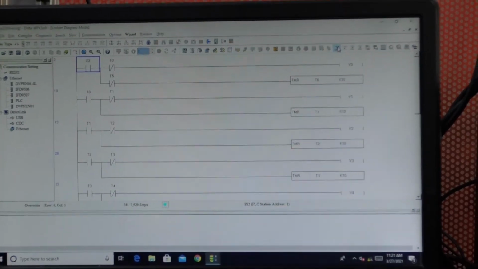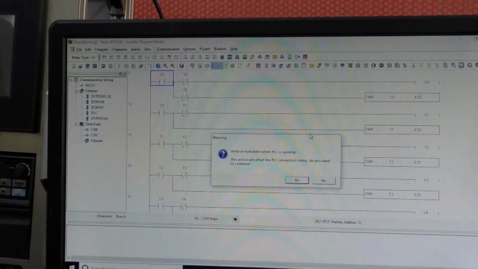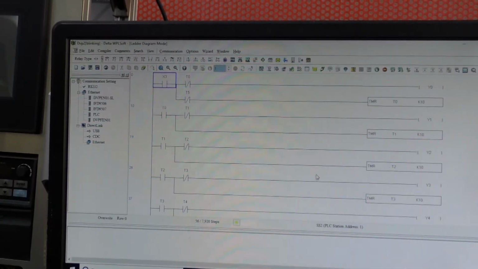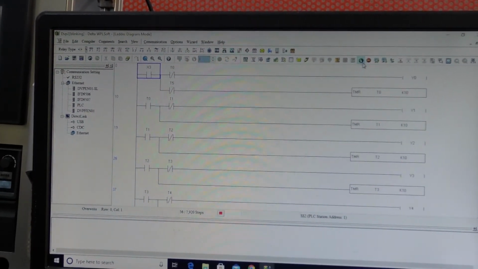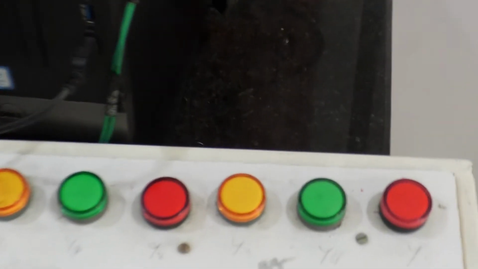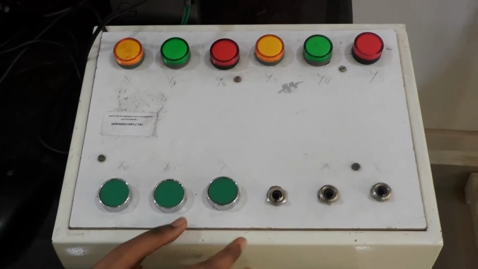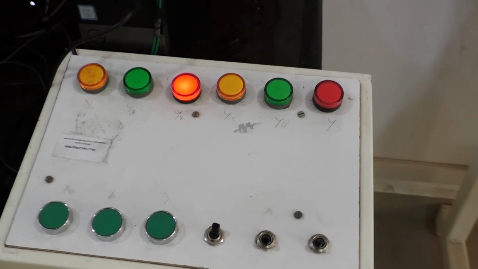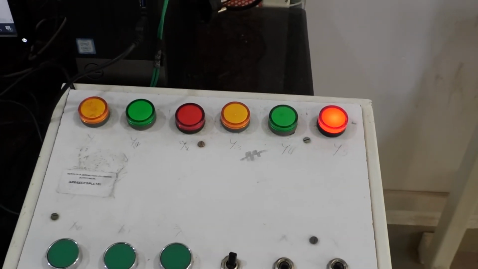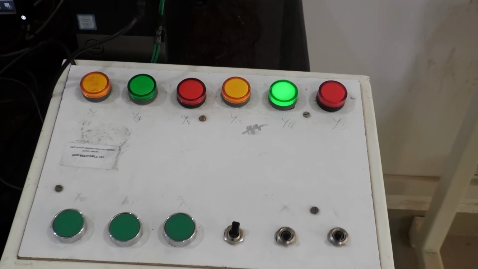So just turn off the simulator now. Just compile the code, dump the program to the PLC. So now you can see the output in the hardware. Run the program. See, so this is X0, X1, X2 and X3. This is X3 now, and these are the 6 lights, 6 indicators. Okay, I'm turning on X3 now. That is the thing. So this is the blinking of lights using PLC.